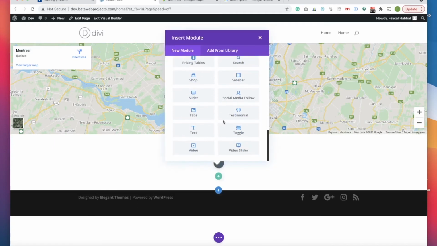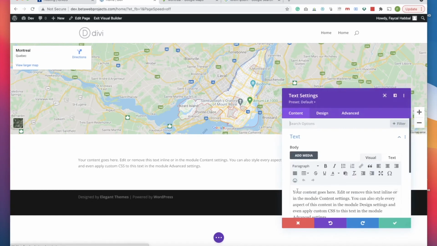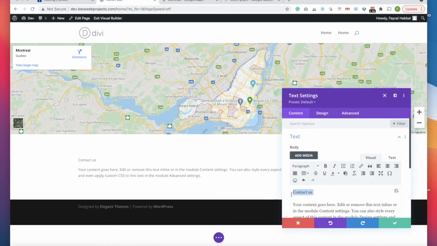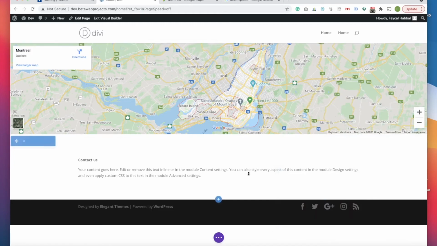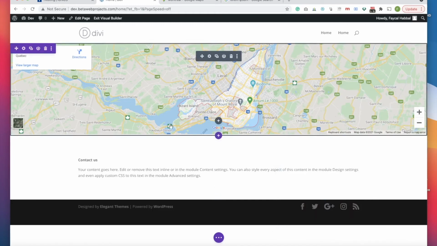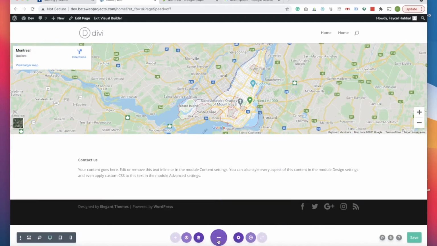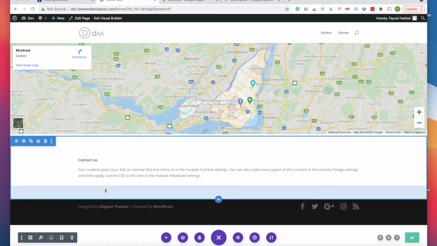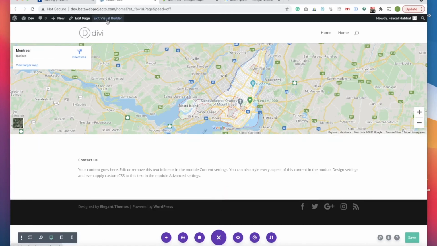So one of the things that you can add is a text box, right? And type in contact us. Of course, that's not the proper way of doing it, but just to demonstrate that this is what you can do with it. And this looks pretty easy. You don't have to use an API. You don't have to use anything. There's no cap on how many times you can show this map on your website, and you won't be charged for it. And if we want to see how the website looks, I'm just going to click on exit,